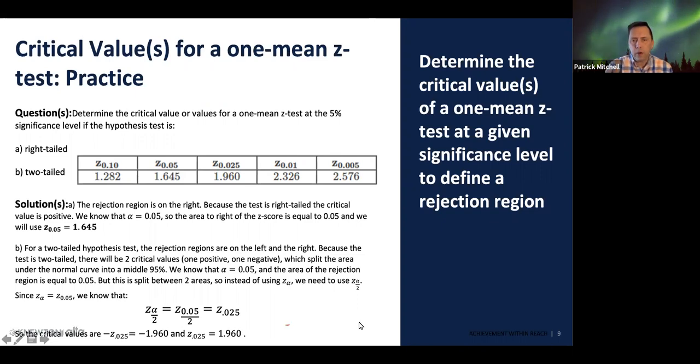Here is your normal curve. So your rejection region would be up here and also down here. This area here would be 2.5%. This area up here would also be 2.5%. And these two z-scores would be negative 1.96 and,